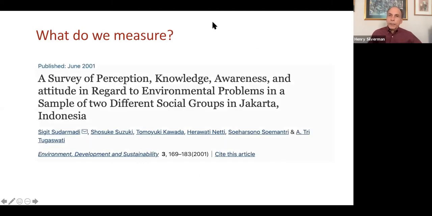Well, here's the title of a survey: A survey of perception, knowledge, awareness, and attitudes in regard to environmental problems in a sample of 2 different social groups in Jakarta, Indonesia. So it's all over the map: perception, knowledge, awareness, and attitude. So here's a slide showing